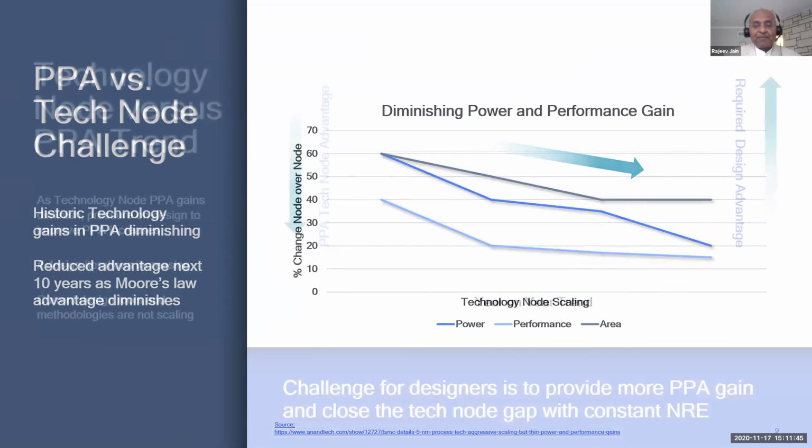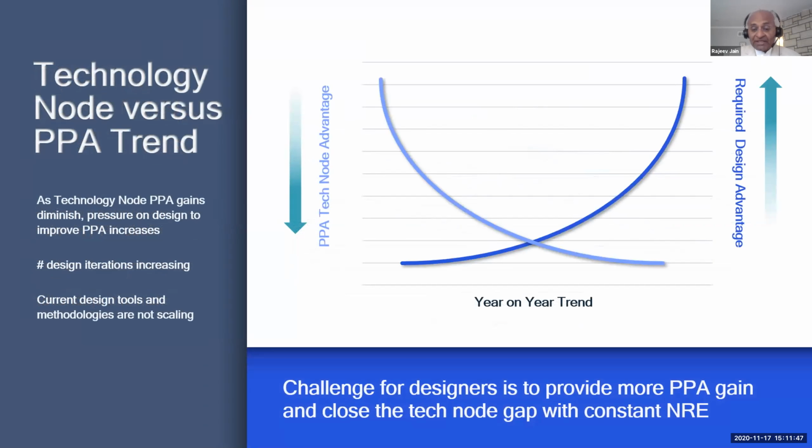And this is already causing a serious challenge for our designers, because the only way to make up that shrinking gain is to do a better job of the design. And that's what we're calling the design advantage curve. So we have to have a design advantage on the PPA to compensate for the decreasing advantage we're getting from the